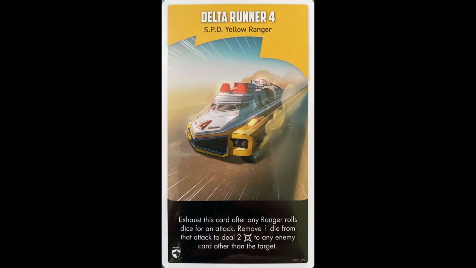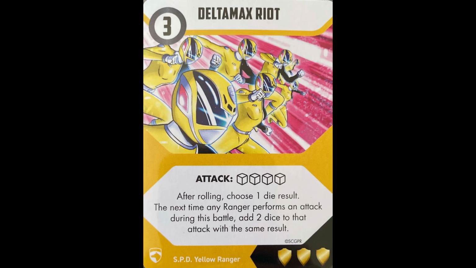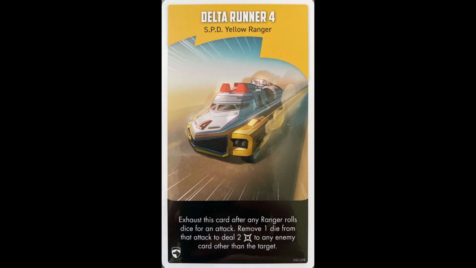game. Just remember, unlike Z's replication or her Delta Max Riot, the Zord actually removes the die. So if you remove a critical hit from it, then that damage is not dealt to the target of that initial attack. But you can deal 2 damage to any enemy card other than the target. It can't be the target that you're using this Delta Runner 4 for. And the best part is if you roll any blanks, you can remove the blank and deal the 2 damage. So no matter what you roll, you're getting at least 2 guaranteed damage if you're using